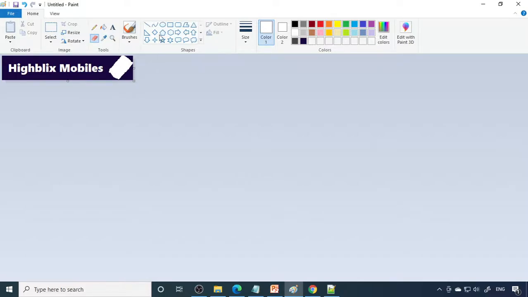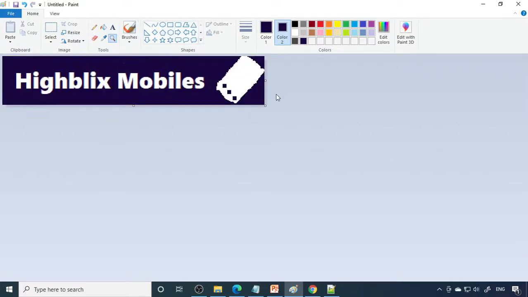Okay, so the number pad has to come. For that, you select the color here and then select this one. You also have to go to background color and select this. And if I click here, now you can see that. We can also zoom this, so you can see it much more clearly. So now it's a little better.